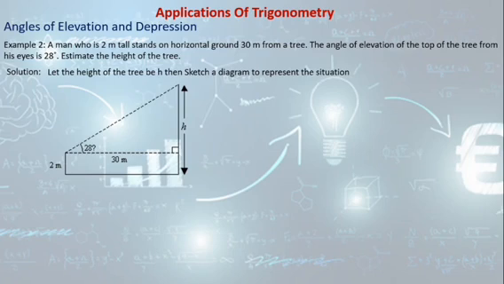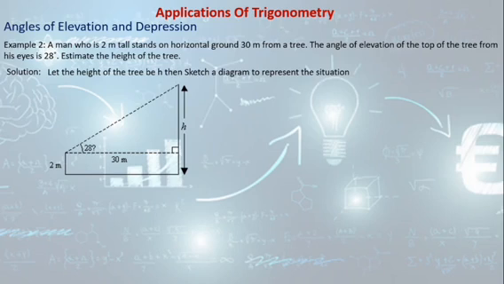But then we have to find the opposite side, which will not be h, because h is the height of the tree. That will start from the top of the tree to the bottom of the tree. But the right angle triangle starts 2 meters before the bottom of the tree. Do you understand what I'm trying to say? Okay, so the height, the opposite that we will use will be h minus 2, because h is the total height. We remove 2 from it, and then that gives us the opposite side of the right angle triangle. It is opposite because, of course, it is the side that is facing the angle